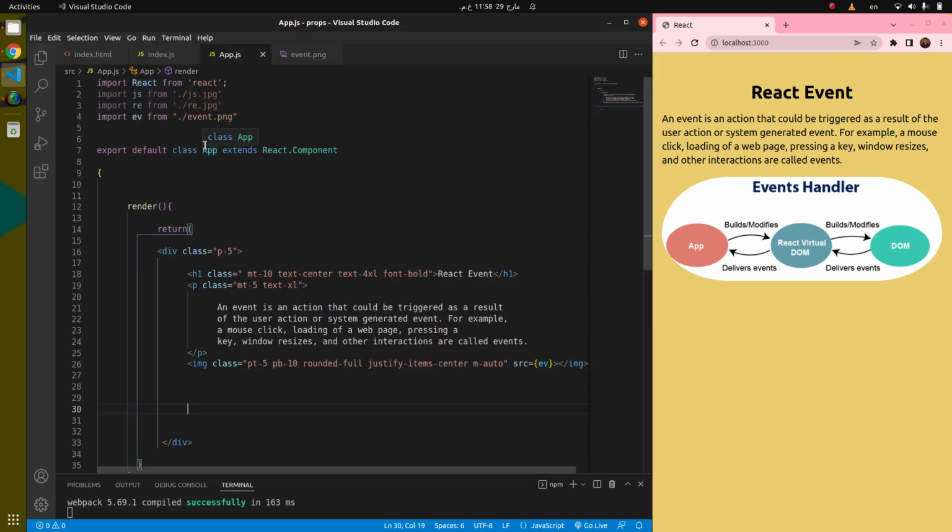React has its own event handling system, which is very similar to handling events on DOM elements. The React event handling system is known as synthetic events. The synthetic event is a cross-browser wrapper of the browser's native event. Handling events with React has some syntactic differences from handling events on the DOM, and one of them is that React events are named in camelCase